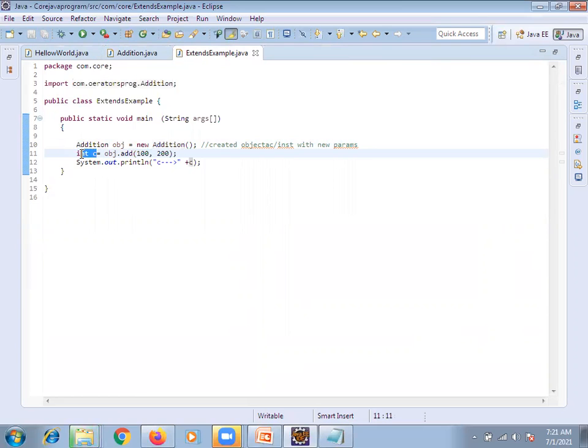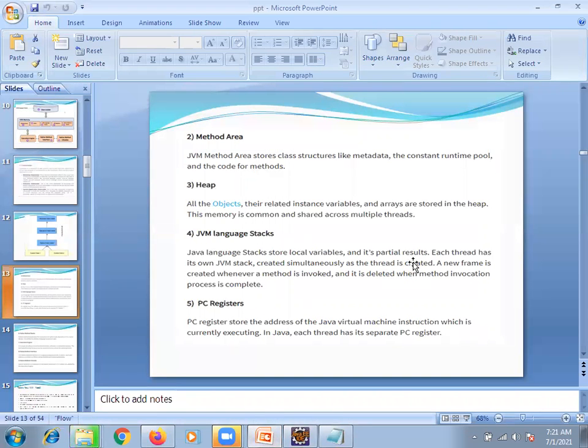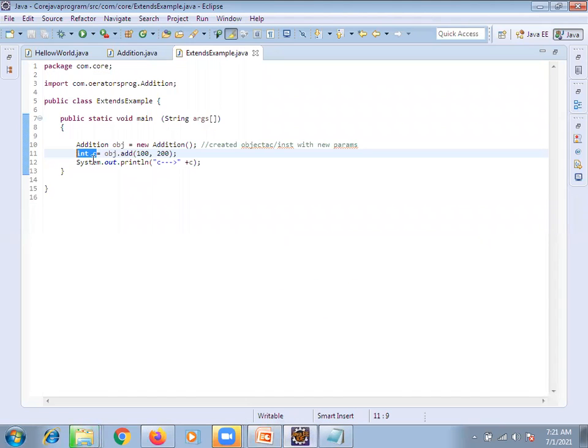This is the local variable for this class. So this memory allocation will happen in JVM stacks. Each thread has its own JVM stack, created simultaneously as the thread is created. A new frame is created whenever a method is invoked and deleted when the method invocation is completed. Now, let's understand more on this.